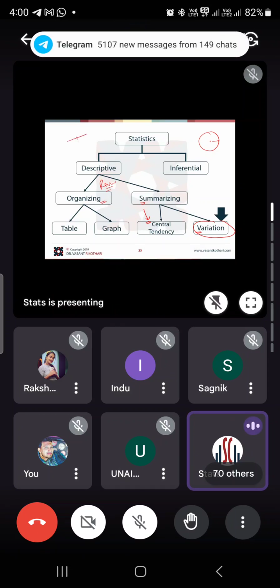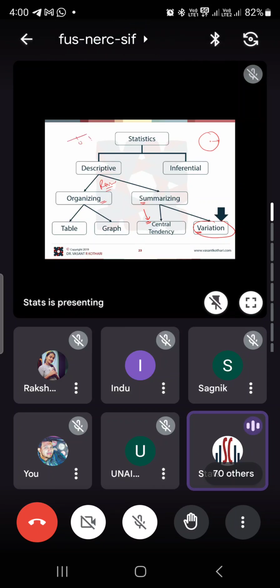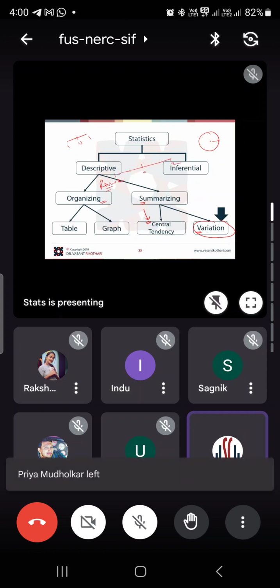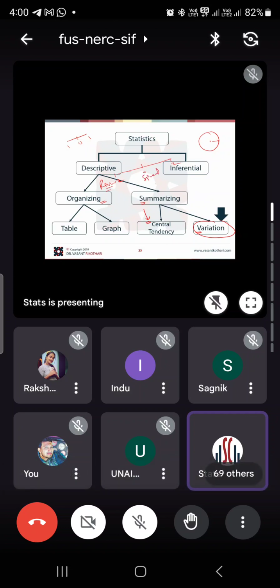Okay, now let's see, for example, this is the center, 0, and this is the 1 and 1. Now in another case, this is a 0 and this could be like a 2. This could be like that. So here the spread is more and here the spread is less. How much data is scattered? How much data is away from the center? That we need to find out.